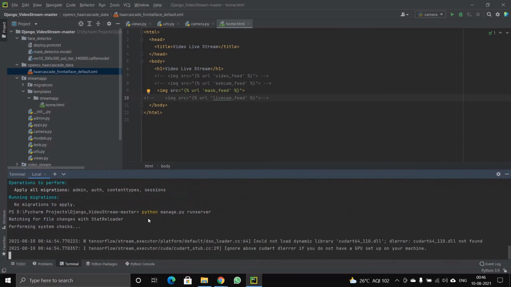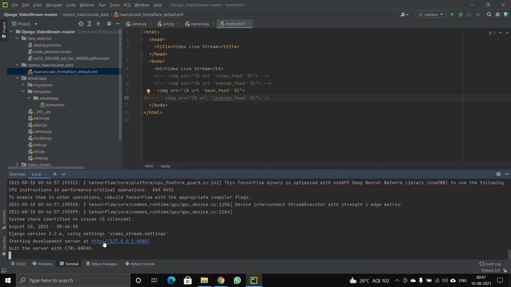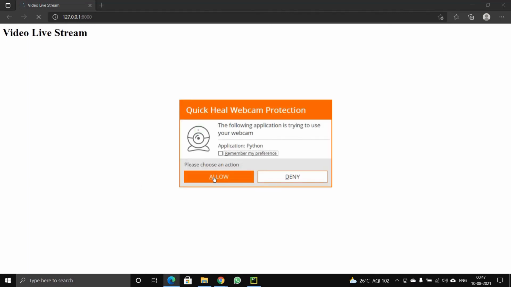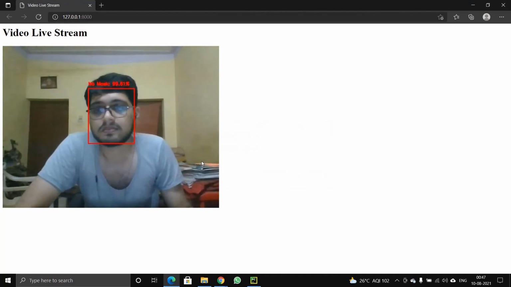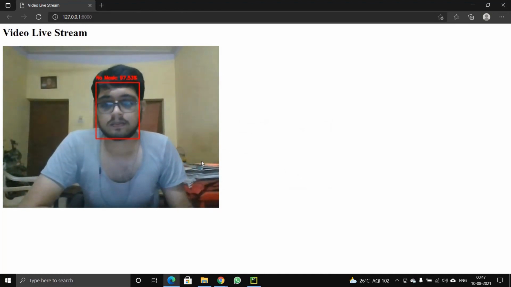Here you will be getting a URL, so you can click on this HTTP link. When you click on this, your video live stream will open and it will ask for your webcam permission. If you click on allow, you can see it's showing no mask and it has an accuracy of 95 to 99%.